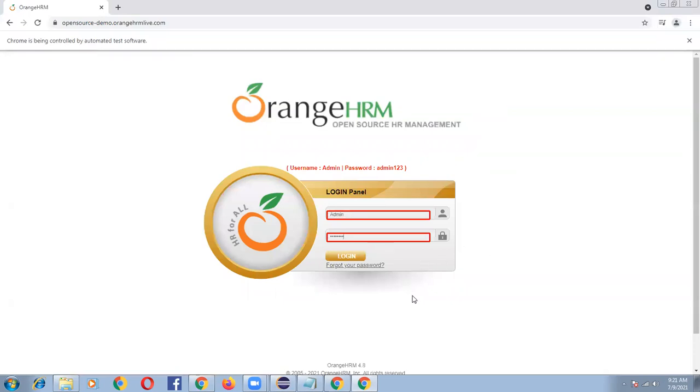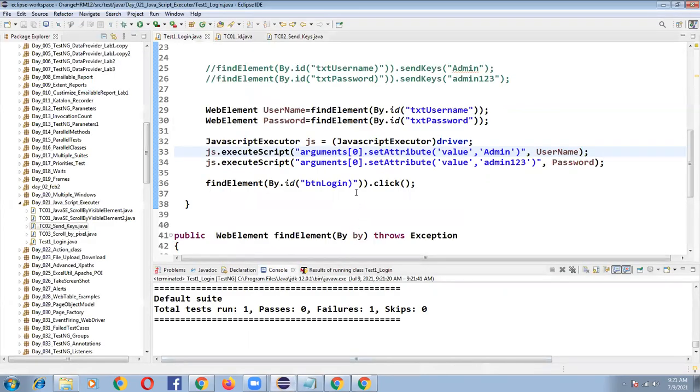Okay, so see this admin value and admin123 value, it's typed. Now let me run my program.